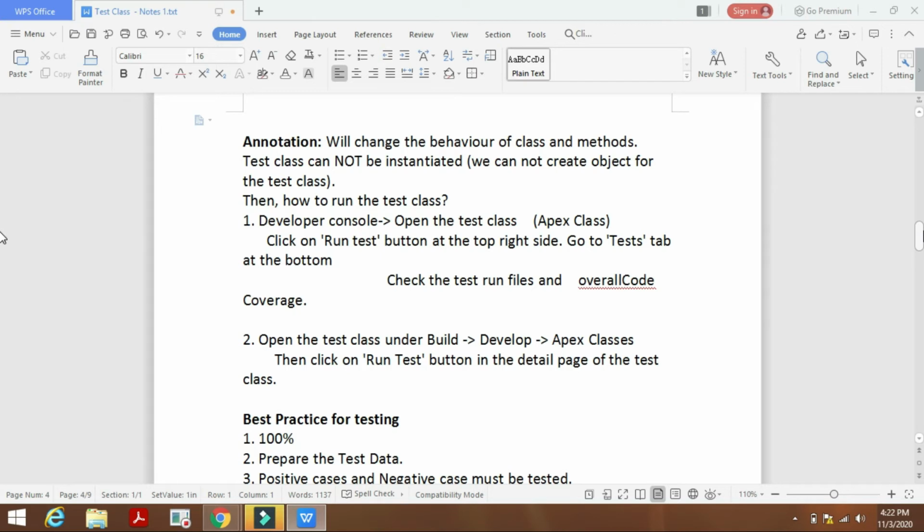So we can directly test this test class using the run test button, which we just used for the previous class, or we can use the developer console, open the test class and click on the run test button on the top right side.